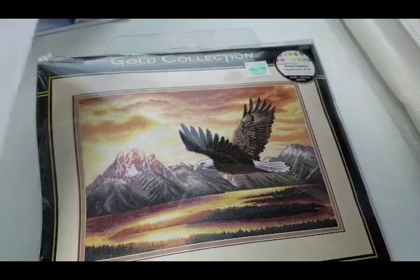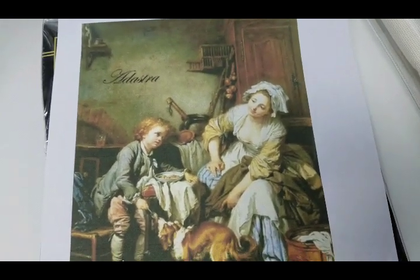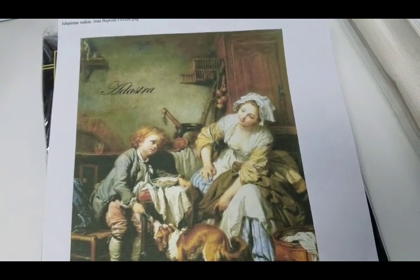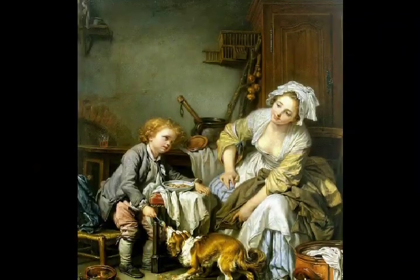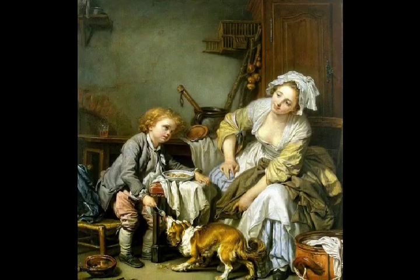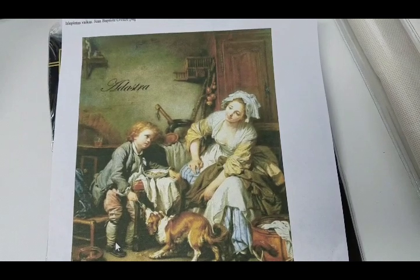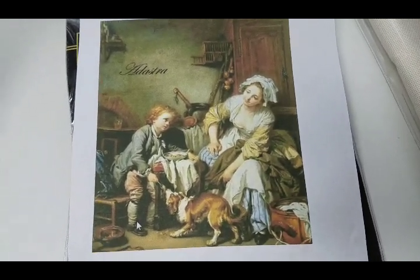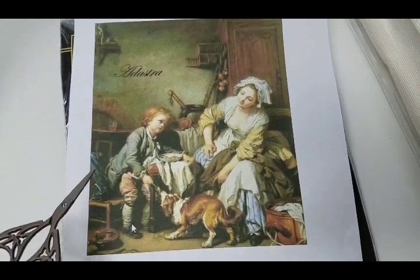So another thing I bought, actually I custom ordered to have a pattern made, is this one. Maybe I'll insert a better picture of what the original looked like. It's called Spoiled Child by Jean-Baptiste Greuze from France, I believe, and this painting was done in the 1760s,